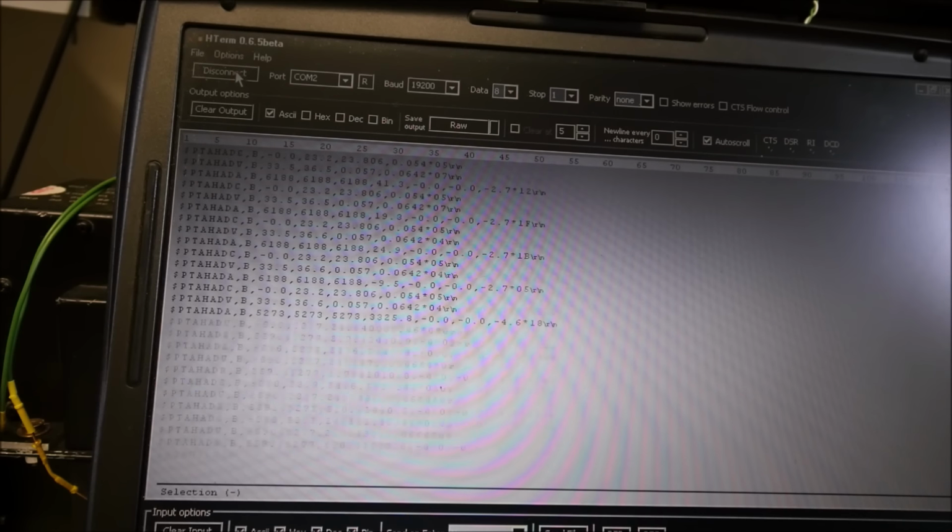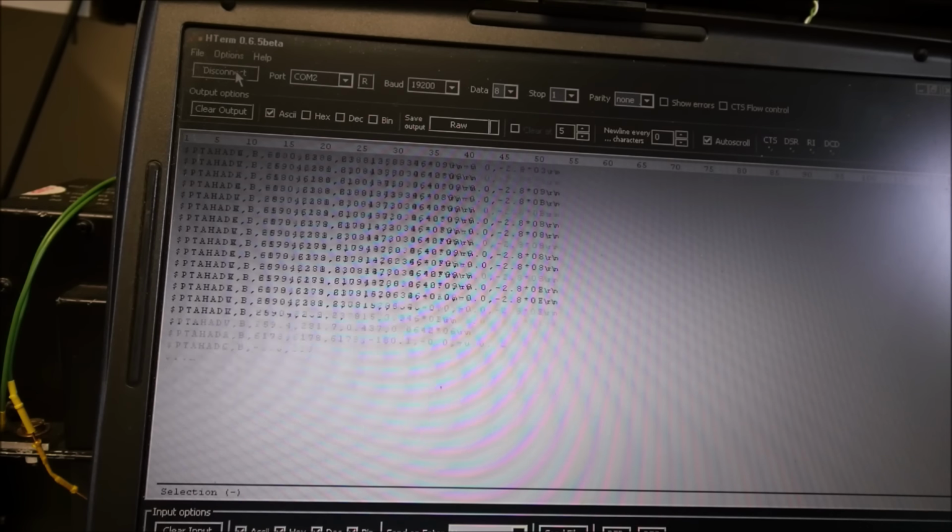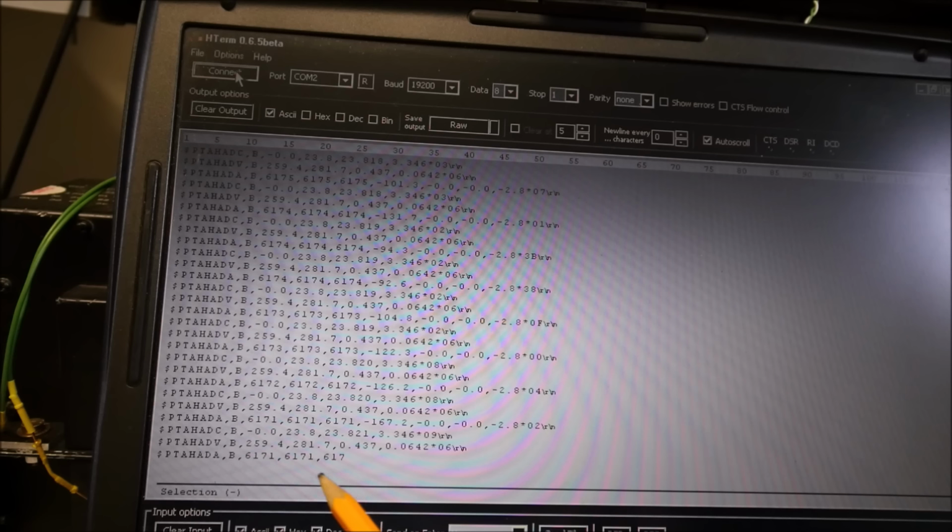Okay, so we can see something interesting. You can see that we have a value here of 6,200 approximately. So this corresponds to the altitude. I will do the same measurement, but with applying also the static pressure on the pitot-static sensor. Okay, so the pressure is 200 millibars on both sensors. Okay, we can see that we still have 6,200 meters here, but here we have another value, 259. This value corresponds to the airspeed of the drone. So we can see that there is another value here, 281, so this should be another airspeed.